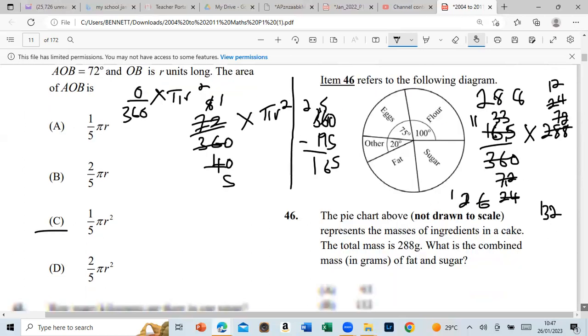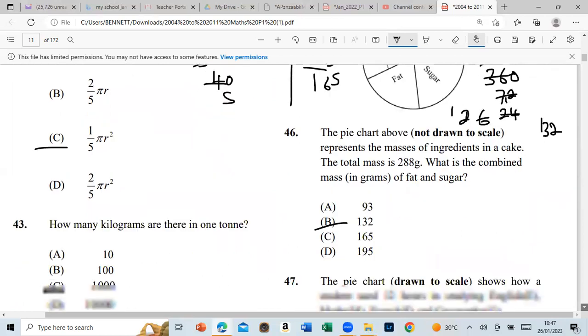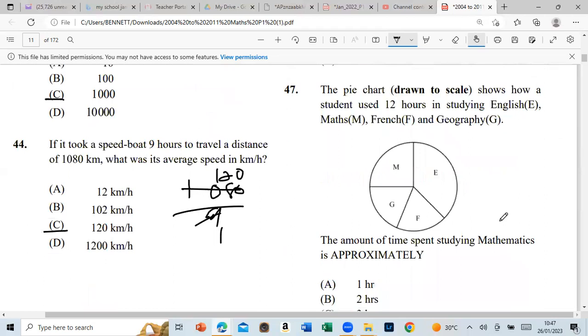Let's see what they are saying. Alright, so that's B. Alright, so let's move on to 47. We want to end the video in advance, but I want to finish. The pie chart, not drawn to scale, shows how a student uses 12 hours on studying English, maths, French, and geography. Alright. The amount of time spent studying mathematics is approximately